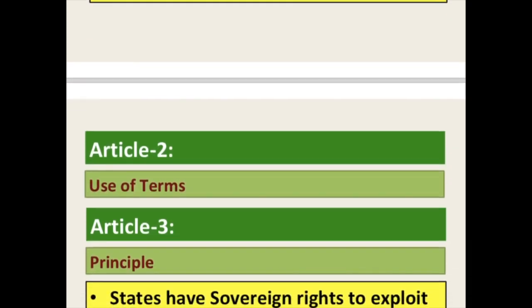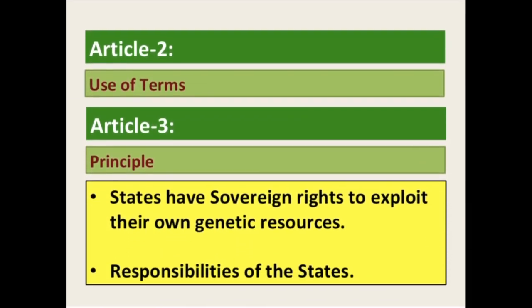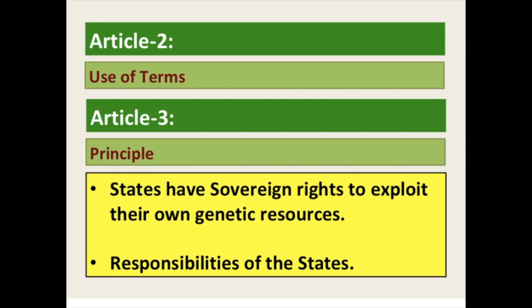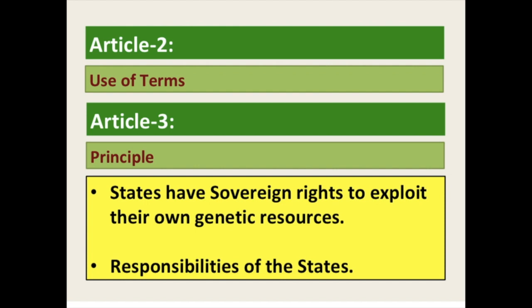Now moving to the Article 2. So in Article 2, some important terms are defined. Some of those terms I am going to share with you. So first term is biological diversity. The term biological diversity